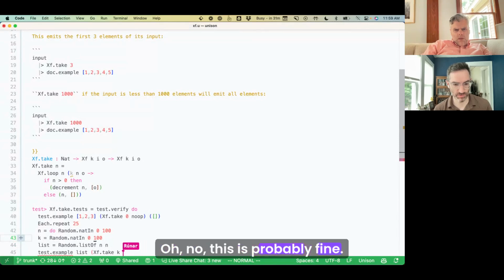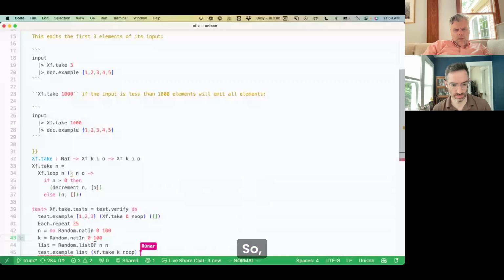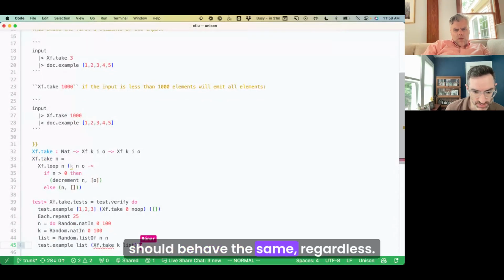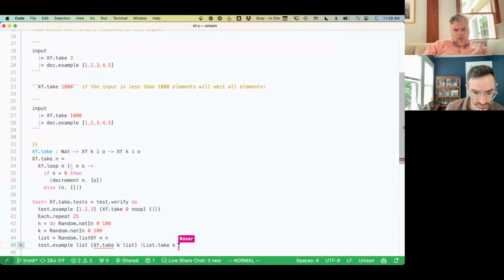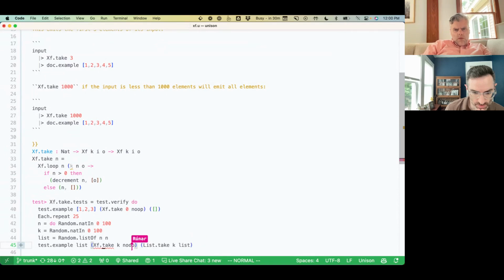I'm going to make the K. Oh, no, this is probably fine. I was going to say the K could be between 0 and N, but go up. I think it's fine. Should behave the same regardless. The same as that, right? Wait, this would be no up. Yeah.